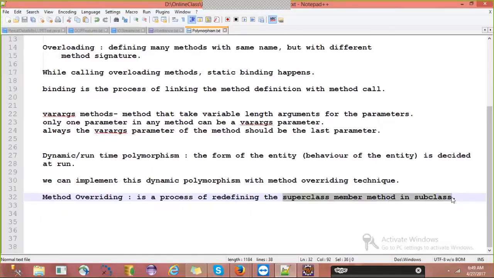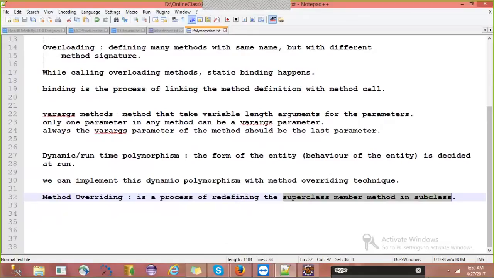We are redefining the same method exactly as presented in the superclass; we change its definition in the subclass. The method in the superclass would have some definition, but the same method will be redefined again in the subclass.